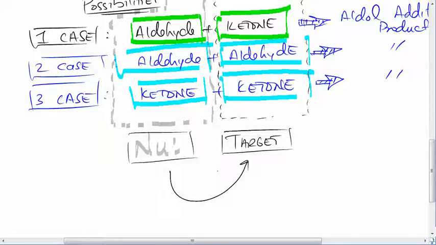Okay, so in this case, we're reacting a ketone and a ketone. So that's the aldol condensation. And before we could react them, we must first generate the nucleophile, which is our enolate, and react it with a ketone to generate this tetrahedral intermediate. Then we just protonate this guy here to generate